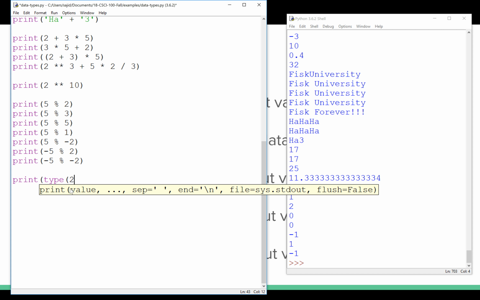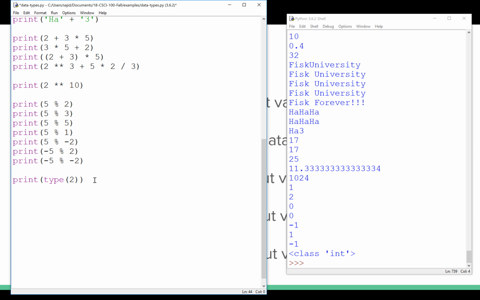Okay, what is the type of Fisk University? As we know, it should be string, and it is a string. Now what is the type of 3.95? So GPA,